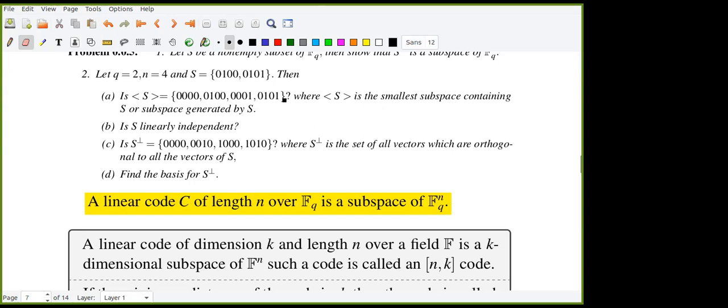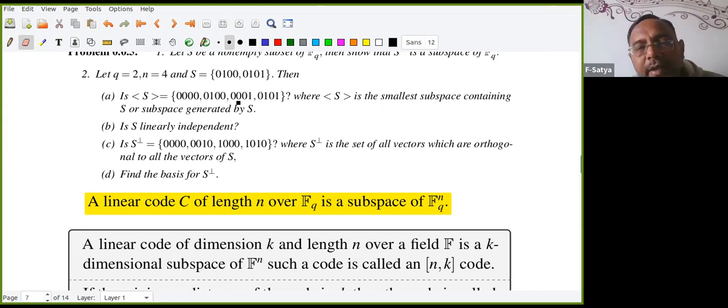Question. Yes, sir. The reason is that here you need not check scalar multiplication. Why? Because scalar multiplication has only 0 or 1. So no need to worry about that. Take these two vectors as they are and then add them, and add the 0 vector also. That takes care of it.